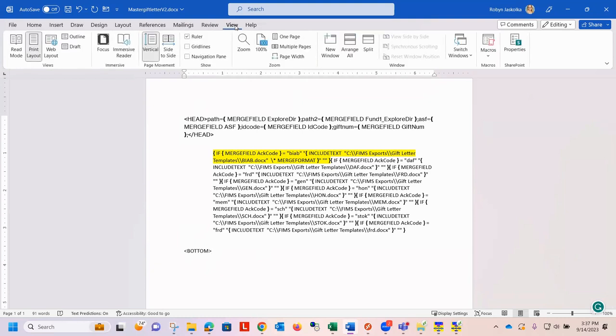I have installed the macros. Now, you're going to have to install the macros if there's more than one person doing the thank you letters and needs to split them into the folders. You're each going to have to install the macros into your version of Word. And there's a couple different ways that you can do that. From within FIMS,